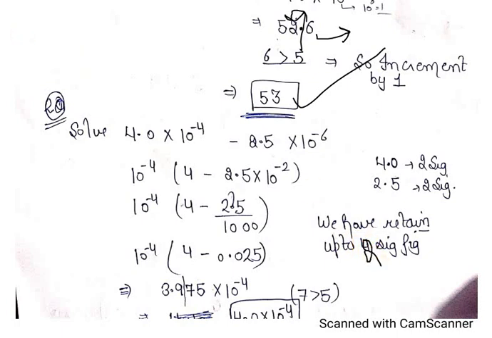So now you will see your first number. You will solve this. 10 to the power minus 4 is common in both terms, take it common. Solve this. You will be left with 4 minus 0.025, right? So your answer will become 3.975 into 10 to the power minus 4. And all of you know, we can't count this order in significant figures. Now you want to give your answer up to 2 significant figures. You want to apply the break here. Why? Because you want the answer in 2 significant figures, 1, 2, up to this.